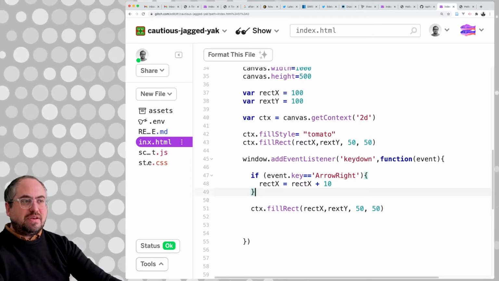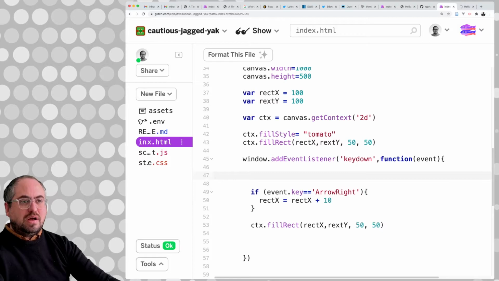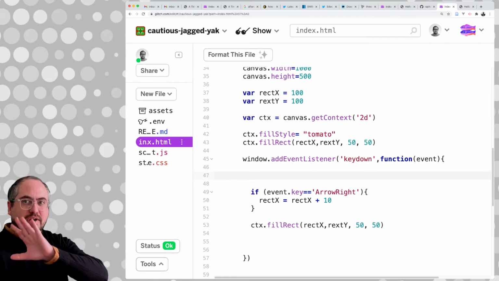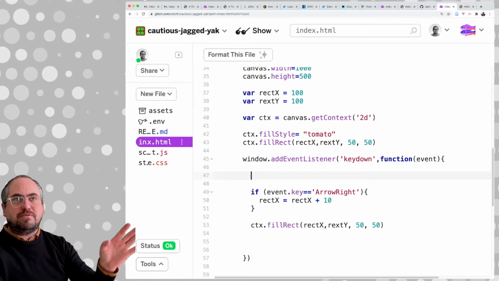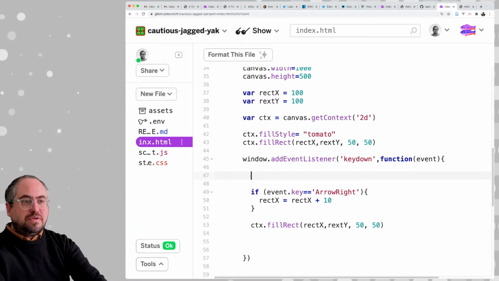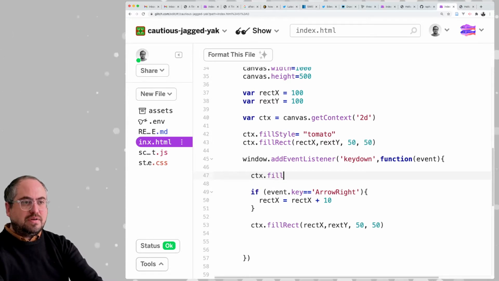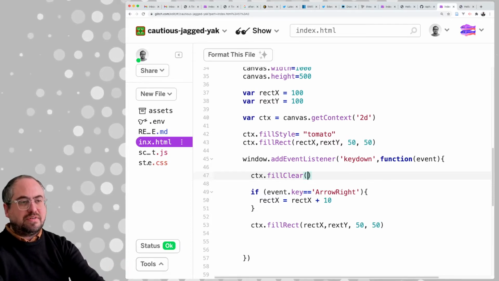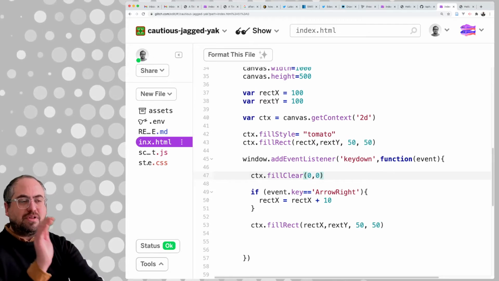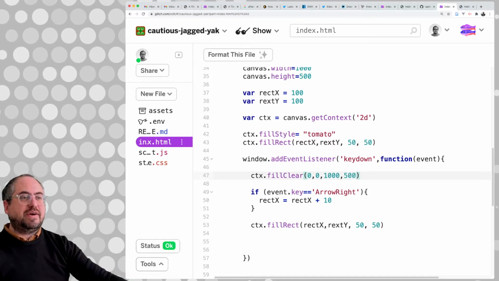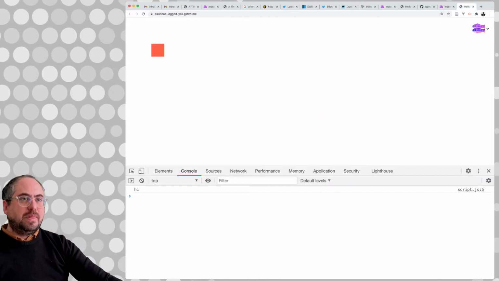But we're just going to do a very basic version of this. So we're just going to say, okay, every time they press the keyboard, we're going to clear the screen. And you can clear the screen by drawing a clear rectangle over the entire surface of the canvas area, and that basically just removes everything. So you can say ctx dot fill clear, and it's the same parameters. So we start at 0x 0y, so the top left, and then go over 1,000, and then go down 500, right? So basically the entire area. So let's see if this works. So now when I press right,